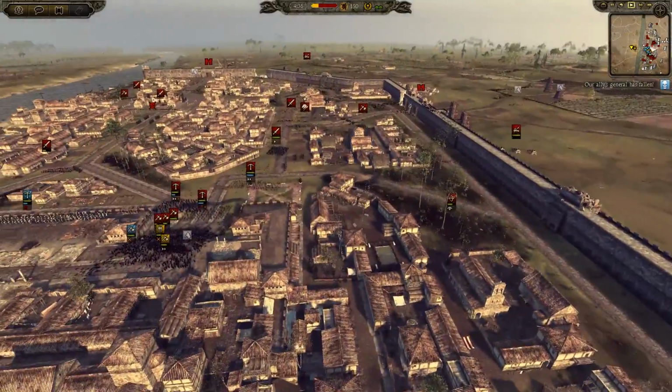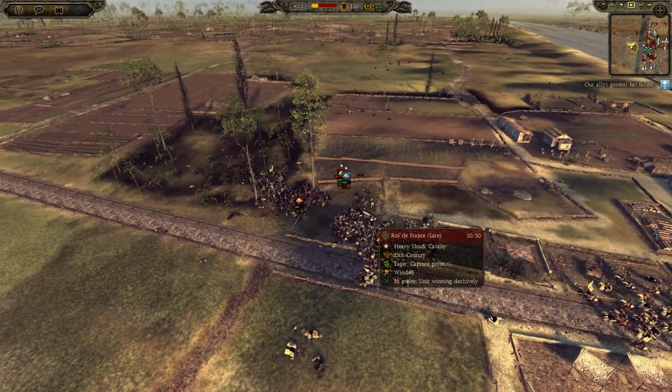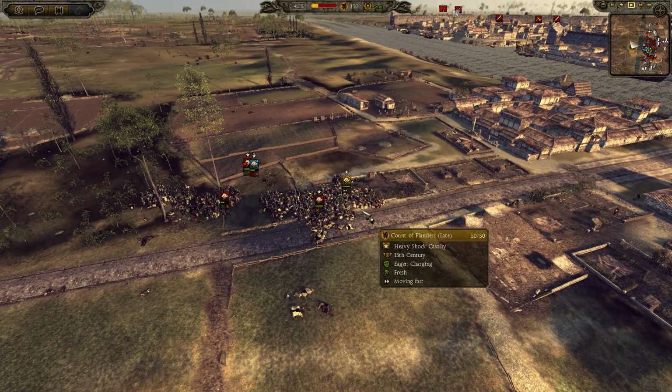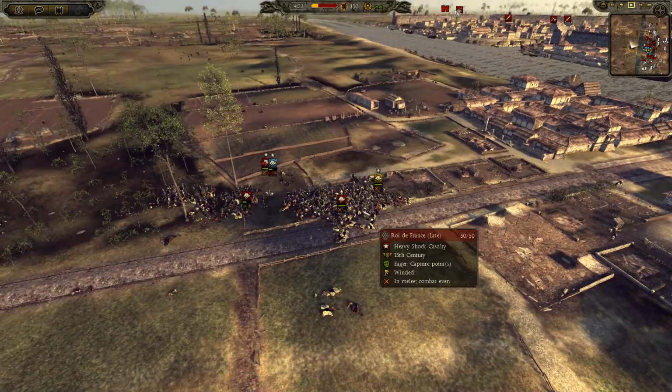So the Allied general has gone down. Oh, that's the Flemish here. We're looking from the Flemish point of view, of course. The other general is coming out as well. Going to get a nice charge off on the French horse. But as I said, it just seems like the French horse is just so superior. They're both